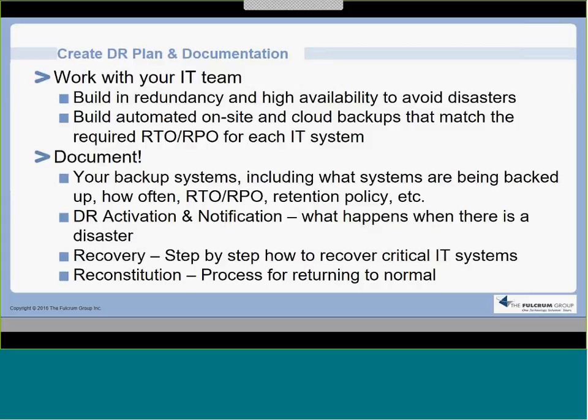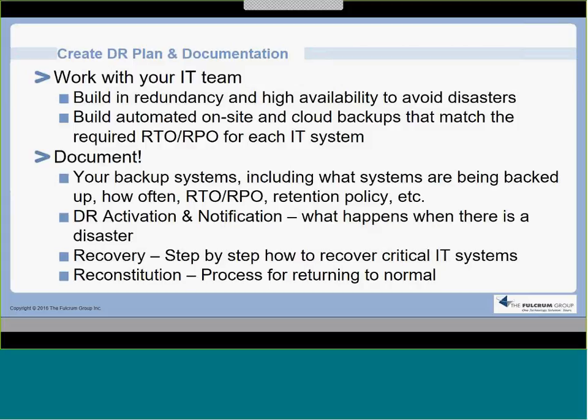You need to make sure you get all this in writing. So, what systems are being backed up, when backups occur, recovery point objectives, recovery time objectives, what's your policy, and so on and so forth. And then steps for disaster recovery are activation and notification. What is a disaster? What's to happen? What it looks like? Whether you virtualize in the cloud or you're going to virtualize on a backup and disaster recovery appliance, whether you restore from backup, whatever the recovery process is,